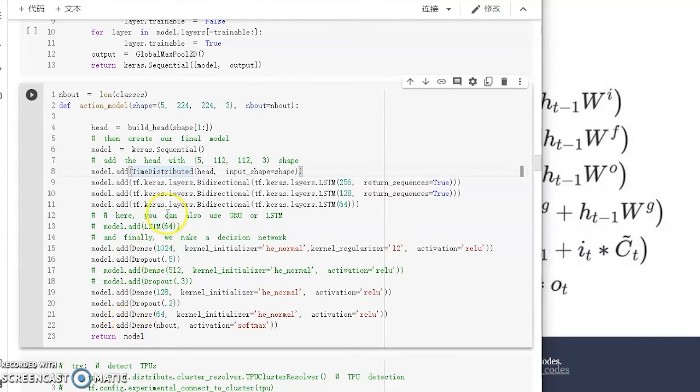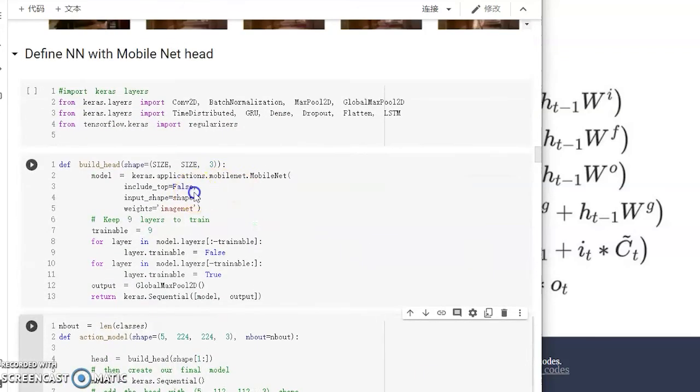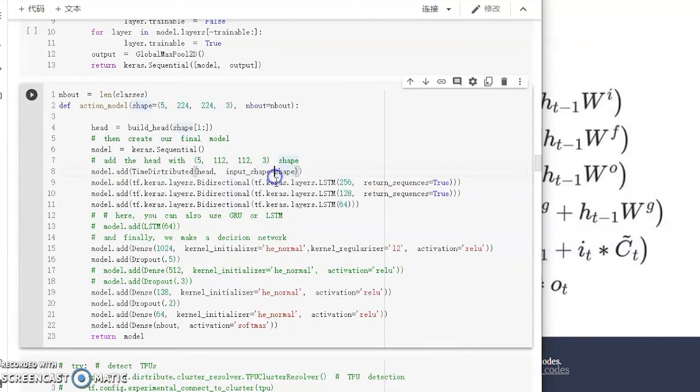Hi, I'm Yue, also a student in the Master Program of Data Science Initiative at Brown University. I'll be talking about everything after the head models, which we called action models, and the name was just inherited from the Keras video generator author. As we can see, we're using a time-distributed layer to use the head model on every frame in the sequence that is fed into our model, to extract the information that we're going to feed into our bidirectional LSTM